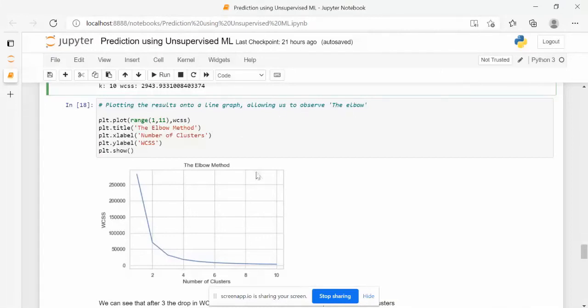Here in this graph, you can see that it is drastically decreasing from 0 to 4. So the optimum value of our cluster is the point until which the decrease becomes minimal, that is this point. This point is between 2 and 4. So this is the number of clusters after which the drop becomes minimum. Here 3 is the optimal number of clusters.